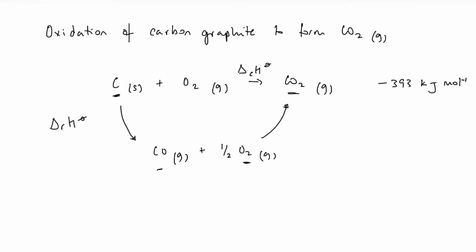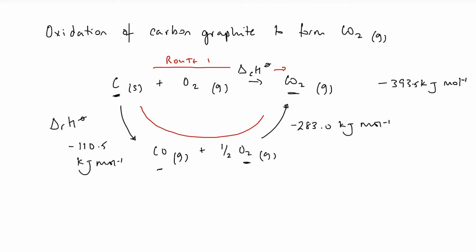So carbon to carbon monoxide is minus 110.5 kilojoules per mole. And oxidizing carbon monoxide to carbon dioxide is minus 283 kilojoules per mole. I should have said that was 393.5. I'm just going to squeeze that in there, because what we should hopefully see is whether I take, and I'm going to call that route 1, or I take route 2,